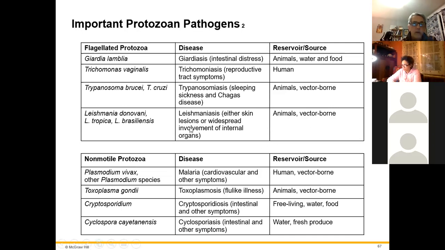To be honest, I'm going to look over this. I don't think on the test I had questions about the protozoan pathogens. So at this point, with not a lot of time left,